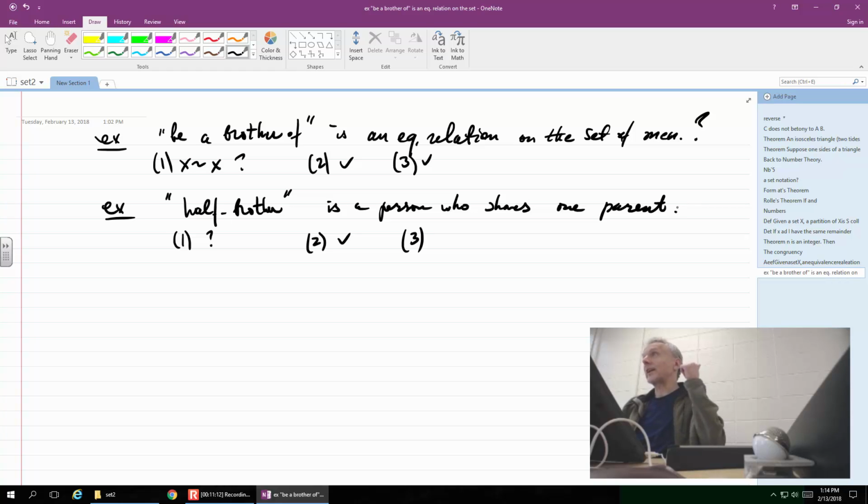So this one is like existence and uniqueness. You have a parent that you share, and there's only one. That makes you a half brother, because if you have two, you're not a half brother, you're a brother. Okay, so exactly one parent. You share exactly one parent. That makes you a half brother. Okay, so the third axiom, once again, the first axiom seems to be failing, but what about the third? Your example doesn't work. Same mother, they all have brothers.